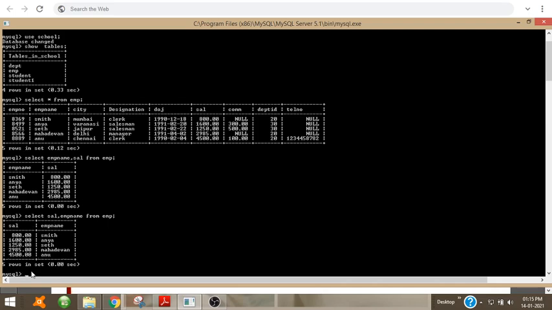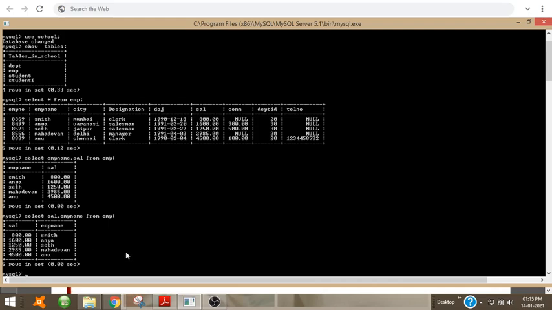It is just displayed according to our choice based on our select statement. In the select statement, it displays in the specific order that we have given. I have given the sal column first, then the EMP name column. So in the output, it is first the sal column, then the EMP name.